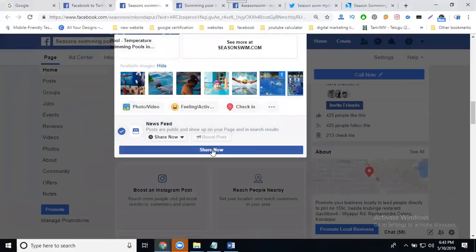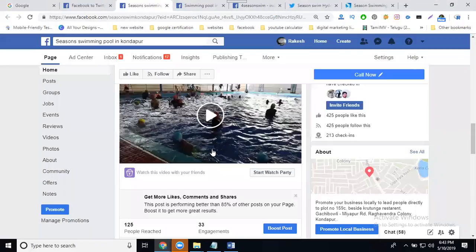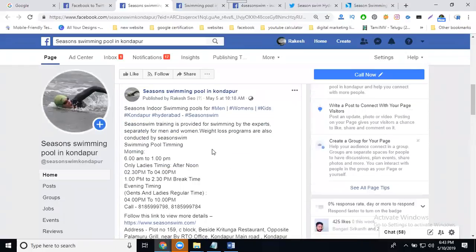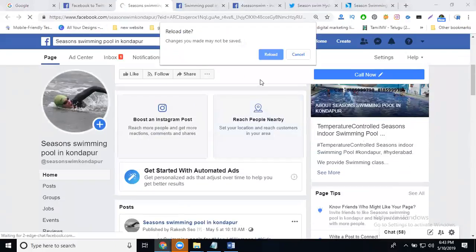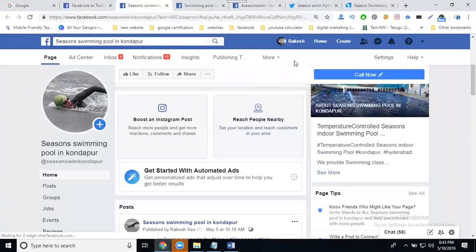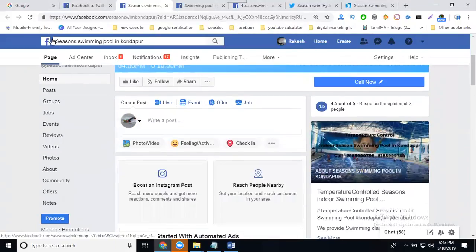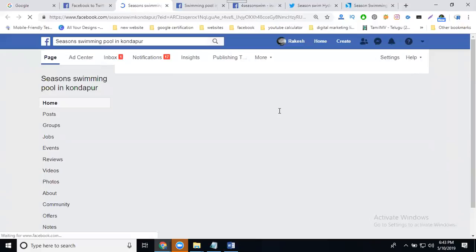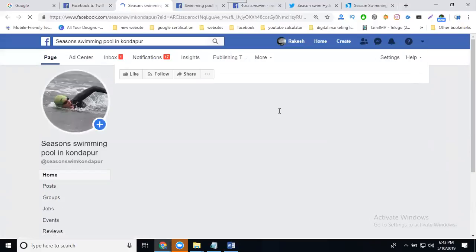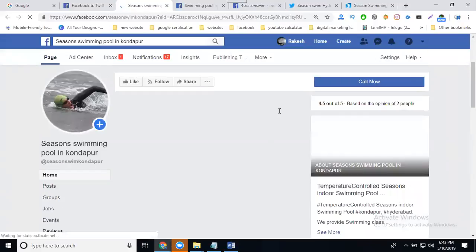Okay. I click the option called share now. And if you post anything on your Facebook page, where is it automatically shared? On your Twitter wall. Now click refresh. It will take time. Refresh. When you refresh, don't select the reload option. The posting time will depend on the particular Facebook page, after posting the content on your Facebook page,